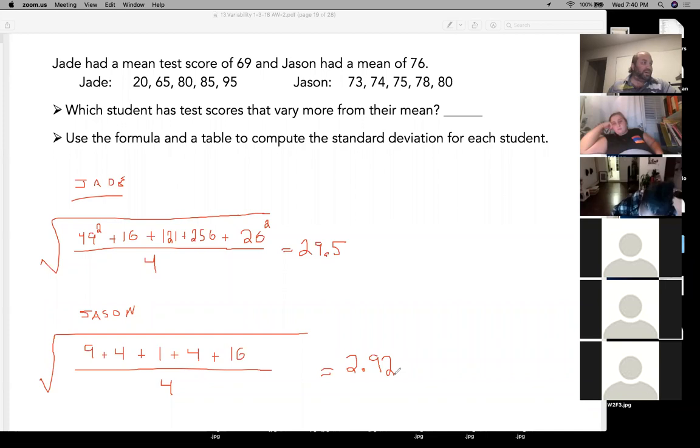So which one had the higher standard deviation? Jade. Jade by far, correct? Where did the 4 come from? Which 4? Well, there's 5 data points, so subtract 1, n minus 1. Alright, 5 data points, so n minus 1 is 4, then you square root, and then you